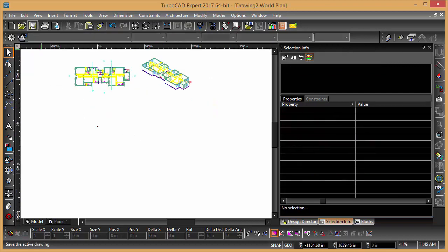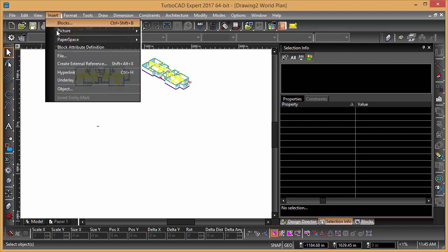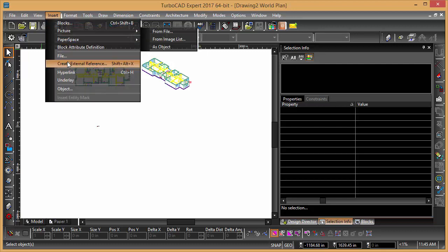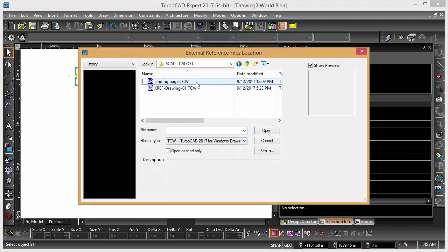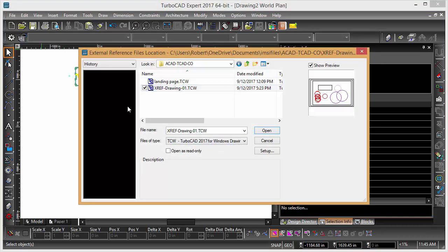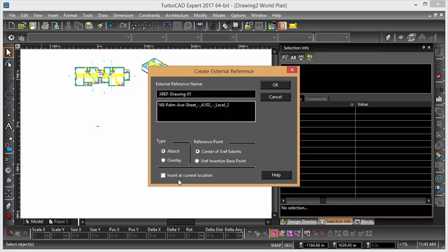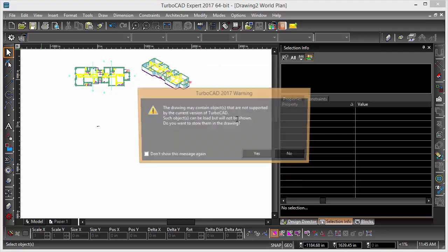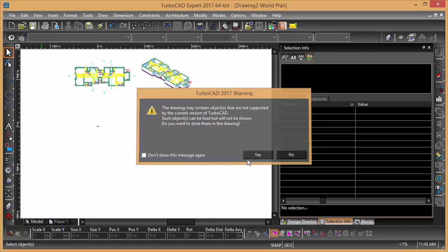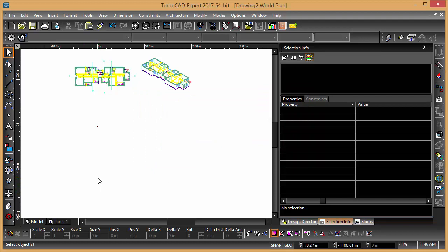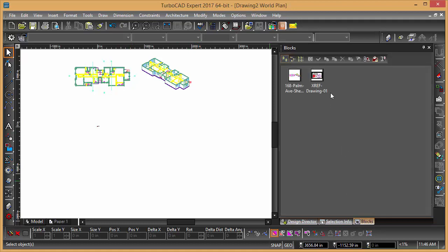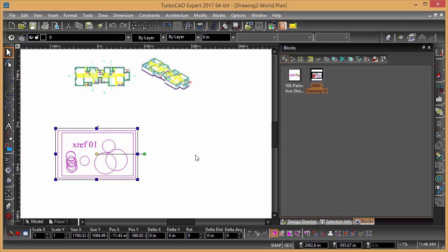Let's use another example. Insert, create an external reference. Yeah, so we'll use this external, just a TCW file. I'll just say open. It says where do you want to put it, and this one is going to be a different drawing, and it says okay, where do you want to put it, and you basically have to... It didn't seem to put it anywhere, but there it is in this X reference file. I think what I have to do, you see, I can just drag it in there,